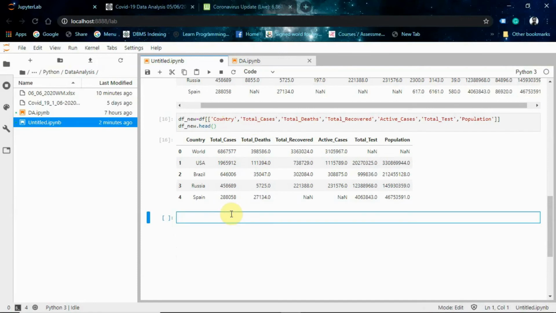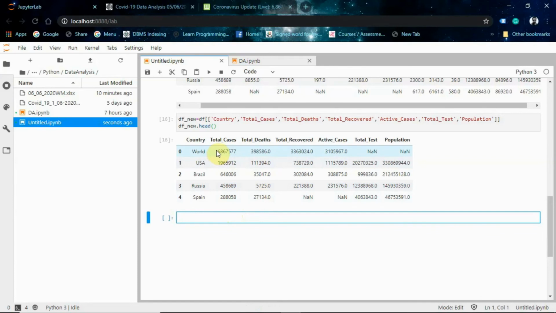Now the second step is the calculation. For the calculation, first you have to know what you want to calculate. In my case, the first thing is what percent of the total population of a country is affected by COVID-19, right? So I want to create a new data frame.